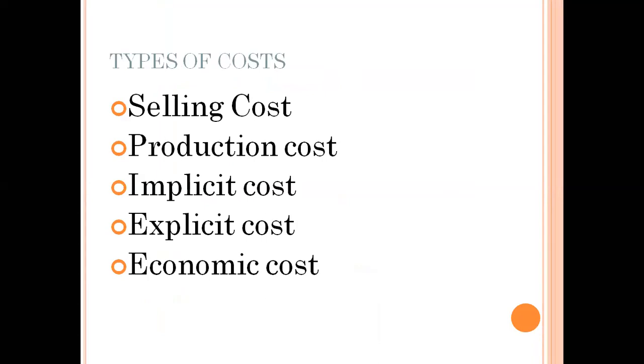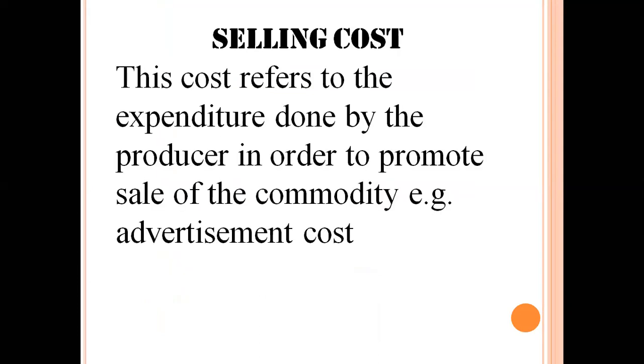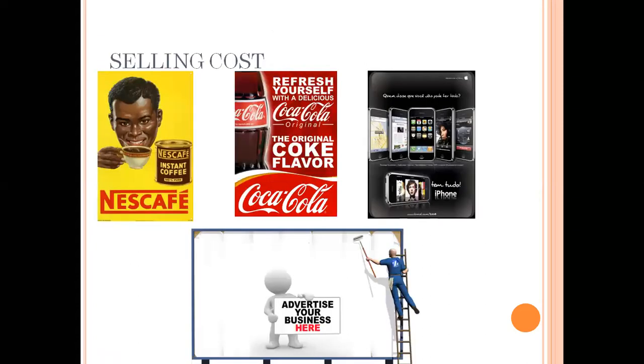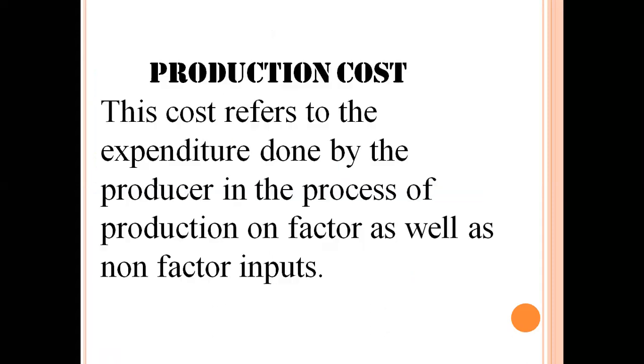There are these different types of cost. Selling cost. Remember, now all these costs that we did. Selling cost is basically the promotional cost, which means for promoting the product or for selling the commodity in the market, whatever amount you are incurring is known as selling cost. As you can see in the pictures, it is all promotional cost, all the expenditure which is spent on promotion.